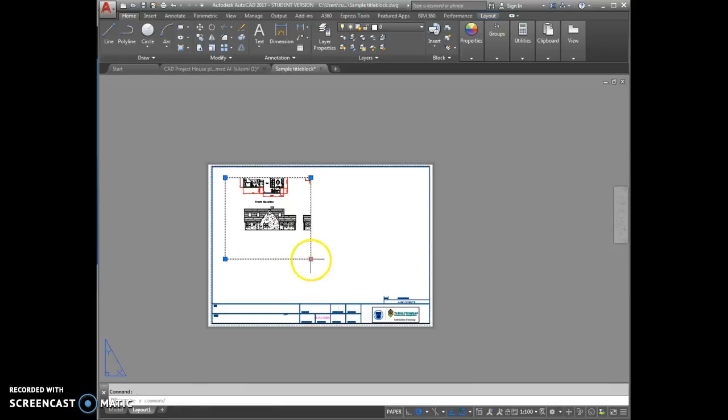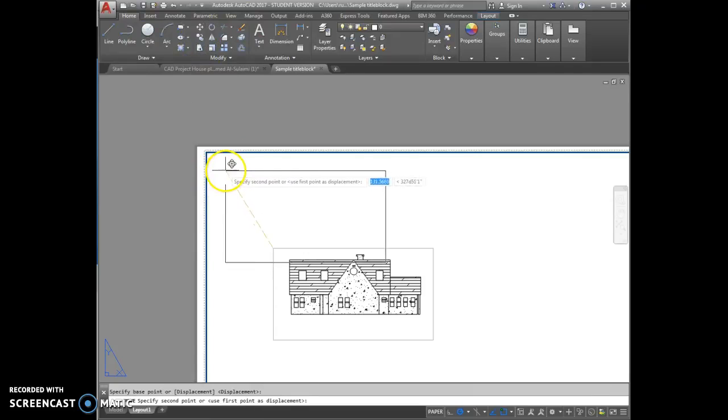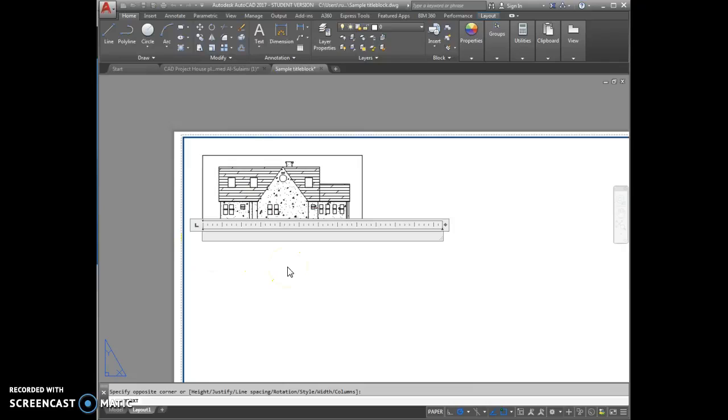And now what I can do is I can just reduce the size of my viewport so that it only shows the elevation in the viewport. And then what I can do is I can move the viewport. So I can click on move and it'll allow me to move the viewport into position. And then if I wanted to, what I could do is I could put in a scale. So I have it scaled, so I go to my text box, I create a text box and I write in scale